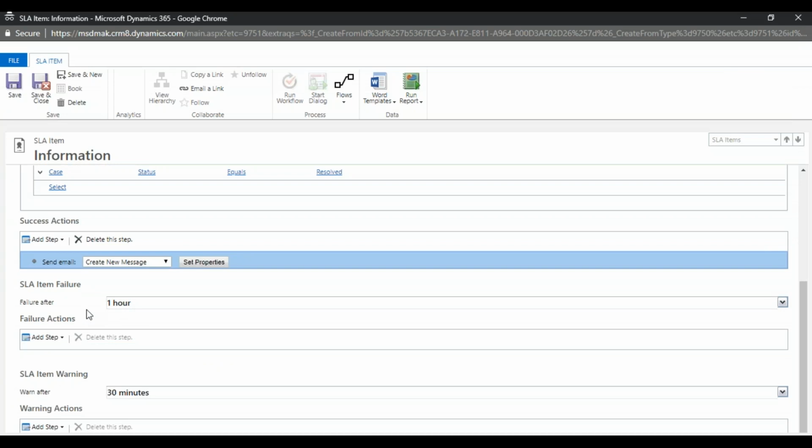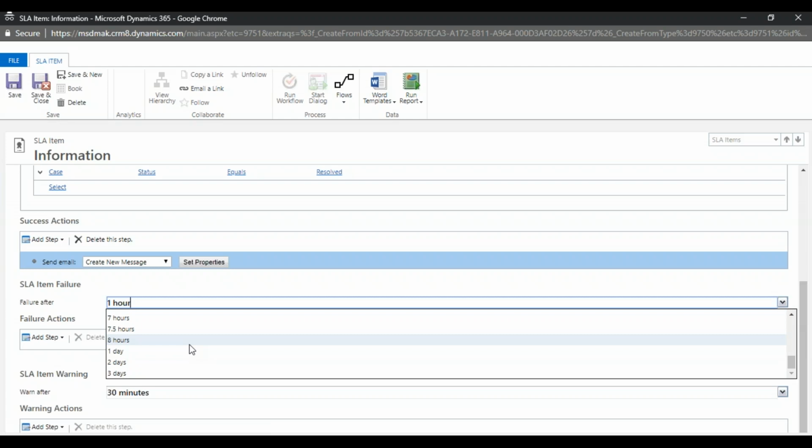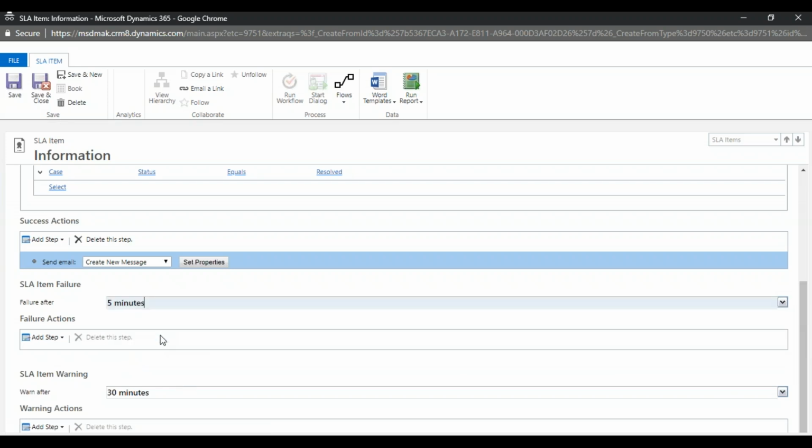Okay, next we have the failure time. After SLA failure, after 1 hour you want to trigger something, or after 5 minutes, or 15 minutes, or 1 day, 2 days, 3 days. So we'll go with the least time, that is 5 minutes. Failure time is 5 minutes.